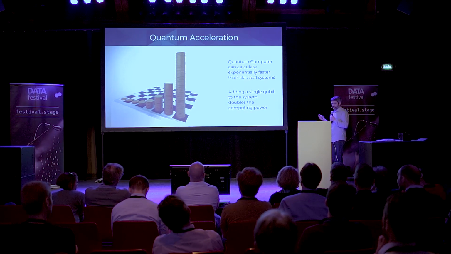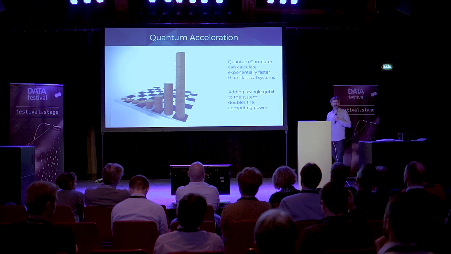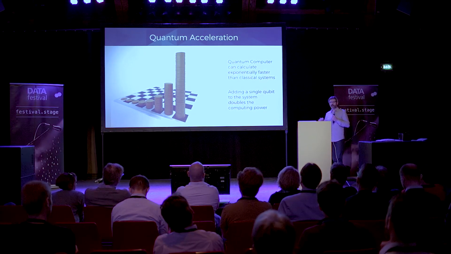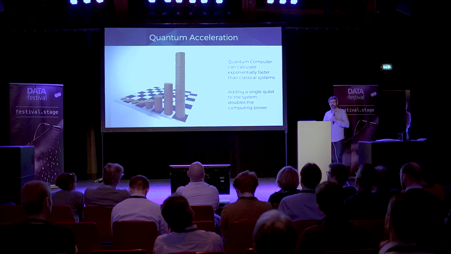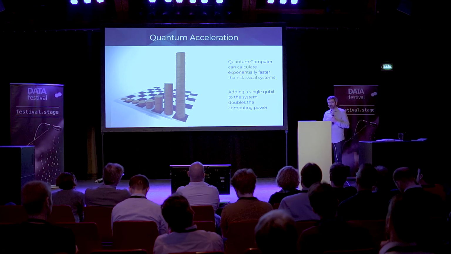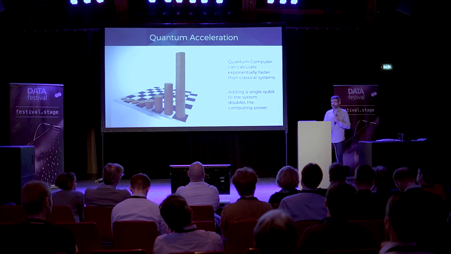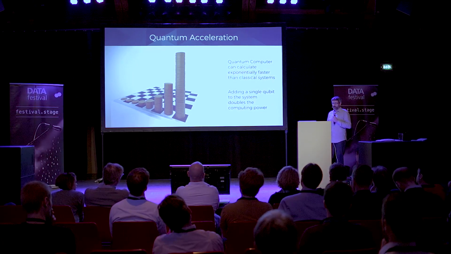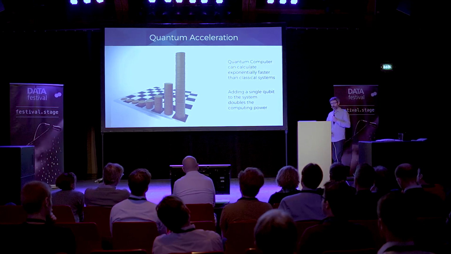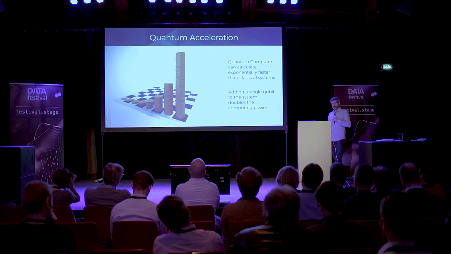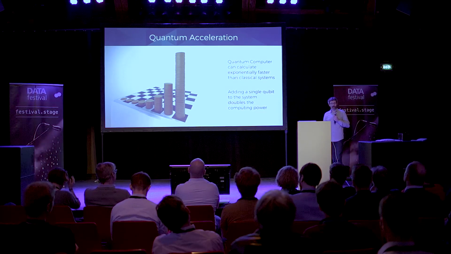And it's not just the computing power that's exponentially faster, but it also scales quite impressively. Namely, if I want to double the computing power of a quantum chip, I just need to add one single qubit. That completely doubles the processing power. Whereas if I take a supercluster or a supercomputer, I need to double all the resources, so I need to double the number of all the microchips that I've put in there. So that's also something that will help us take fewer resources in order to get an exponentially faster calculation power. That is pretty much one of the main advantages of quantum computing.